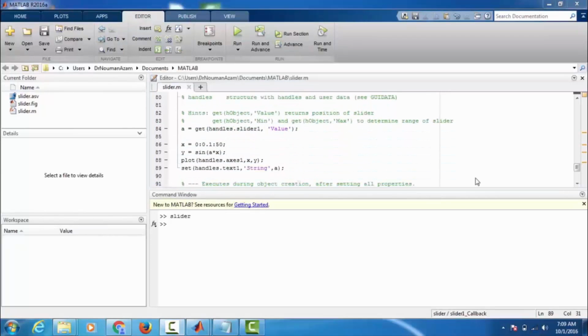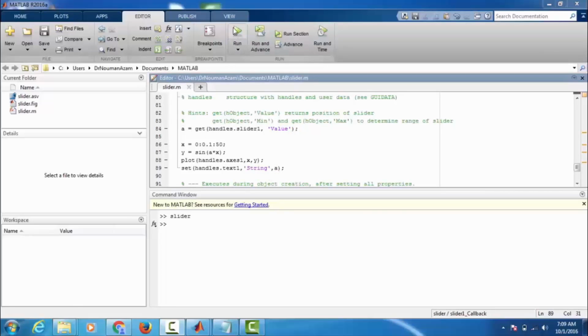So this line is basically setting the string property of text box 1, that is, it will contain the values of this particular slider that is specified by value A. So when we run it again